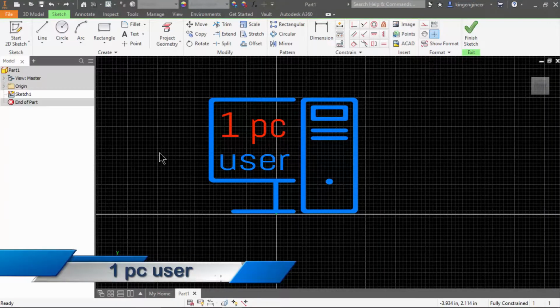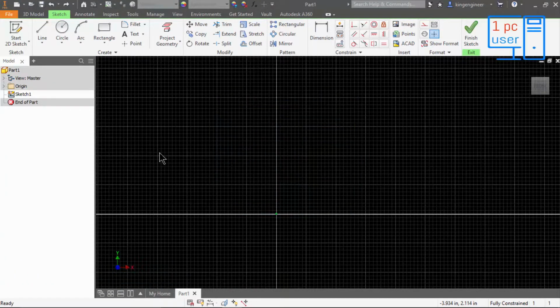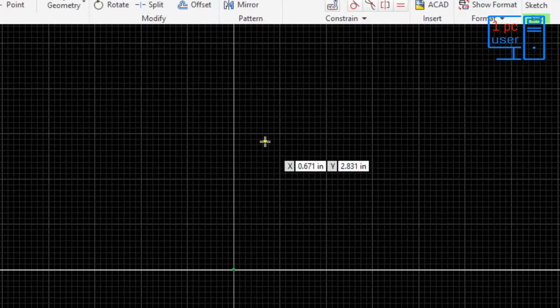Now you might be wondering what is heads-up display. So first I will show you what is heads-up display. Let me choose here line command, and you have noticed here it is showing x point and y point. You can also see here x coordinate and y coordinate. Actually heads-up display is the box which is showing here at the right side of the point. This box is called heads-up display, and currently it is in point input mode. It normally uses two modes, and currently it is in point input mode.